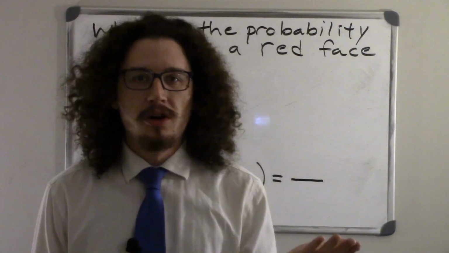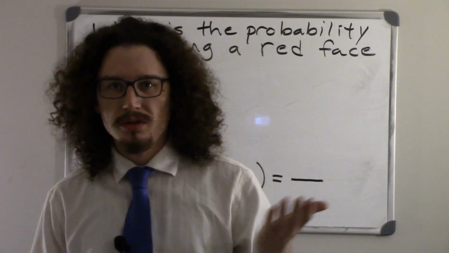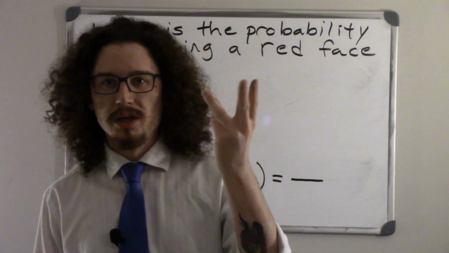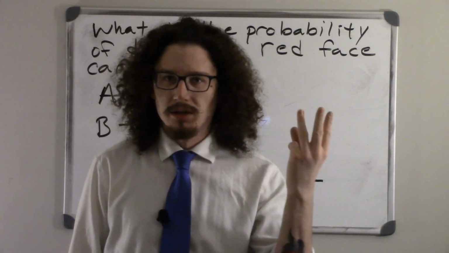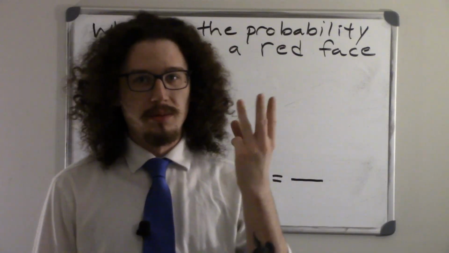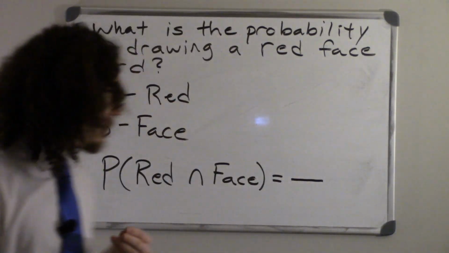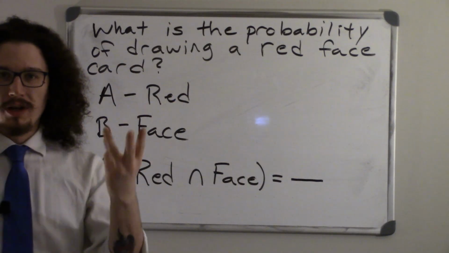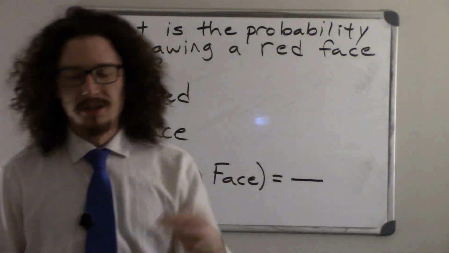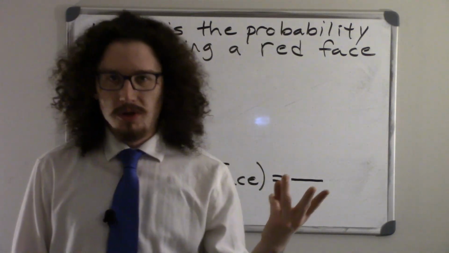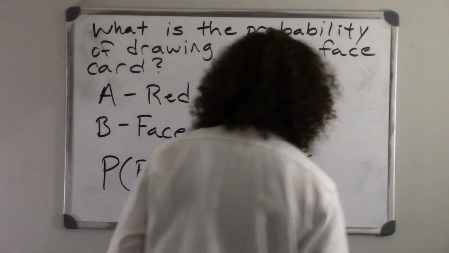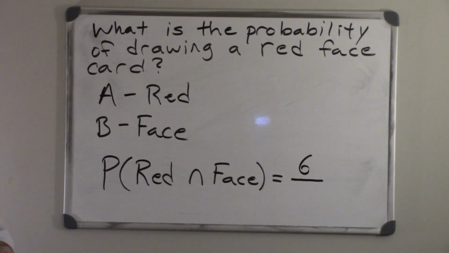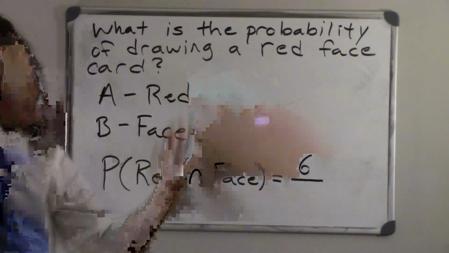Then you want to think, how many of those are face cards? How many face cards are in each suit? There are 3: king, queen, and jack. For my purposes, I'm only counting cards with faces on them as face cards, so the ace is not in there. Really, probably the better way to do it is this: 3 in each suit, 2 of those suits are red, so we have 6 red face cards. That's the number of outcomes in our event.